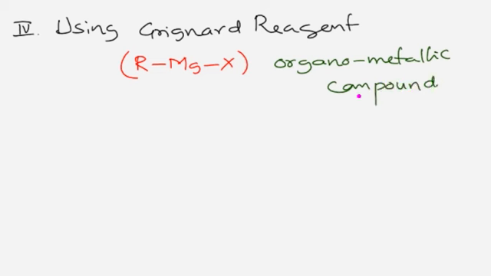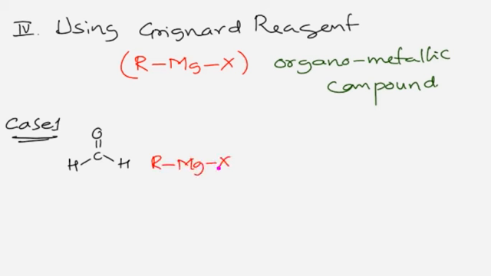We have different cases to understand how the Grignard reagent can be helpful for the preparation of alcohols. I will take case number one, where I treat the Grignard reagent with formaldehyde, that is H, C double bond O, and here is H, and the Grignard reagent I represent as R, Mg, X. Very simple reaction, very beautiful reaction it is. First, I want to tell you that this C and O bond is a very polar bond, because oxygen is highly electronegative, and because of that oxygen gains a negative charge, and in the same way the carbon gains a positive charge.